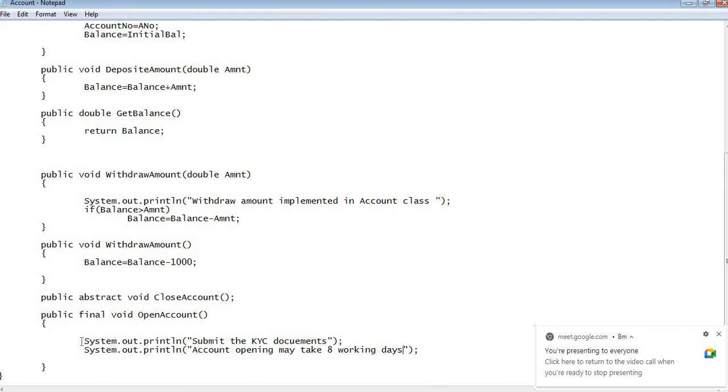So this is the process of account opening.